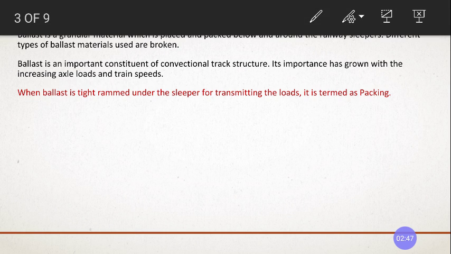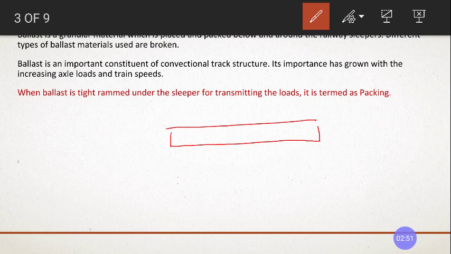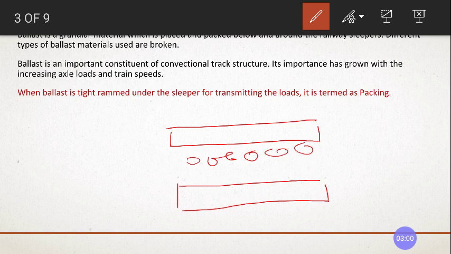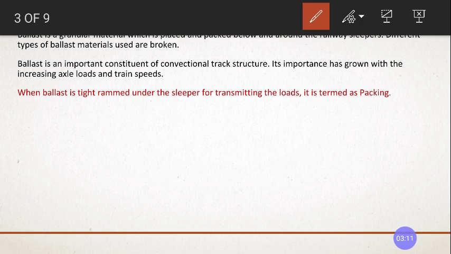If these are your two sleepers placed, you put the aggregates here like this, and you pack it or ram it with the rammer and consolidate it. That process is called packing.